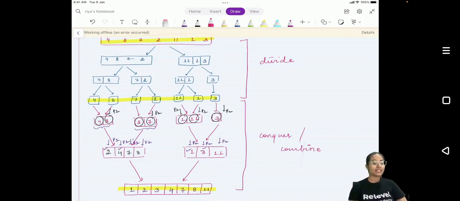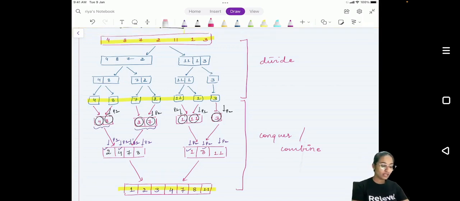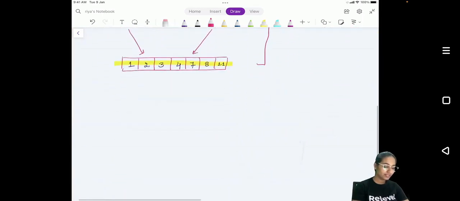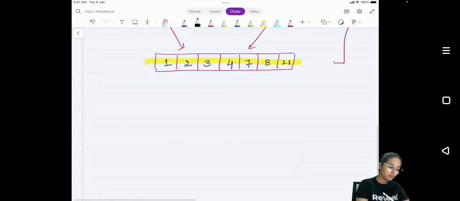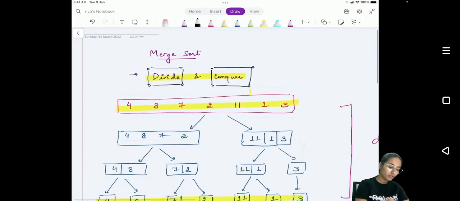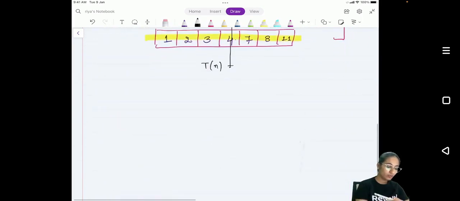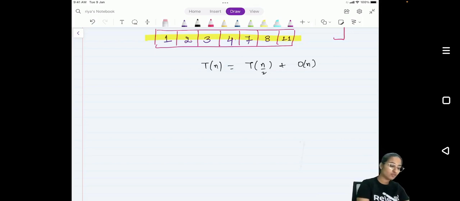And merge sort is actually considered to be one of the most optimized algorithms, because here we are repeatedly dividing the problem into two halves. So when you try to find the overall recurrence relation for this, it comes out to be T of n. You are dividing the problem into two equal halves, so it is T of n by 2 plus the O of n operation for merging. And when you solve this recurrence relation,